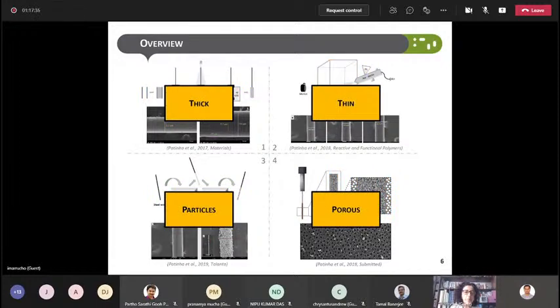We call them thick, thin, particles, and porous. So the first example, and then we want to move around from one to the other. First we prepared the thick, very similar to the gas separation membranes. Then we prepared the thin and checked for some differences between the thick and the thin, because when we have